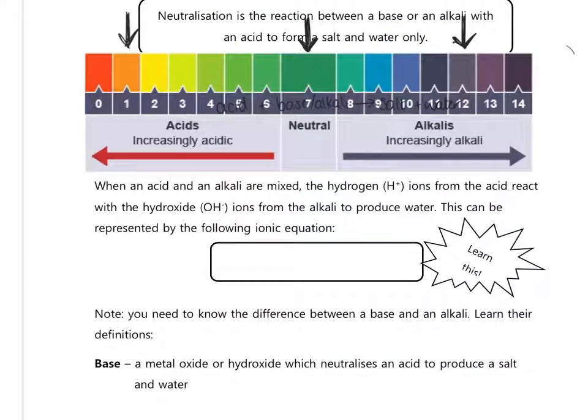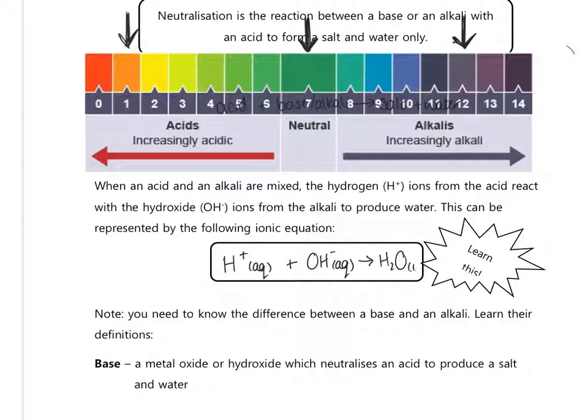And we can represent neutralization by an ionic equation that I've told you about before. This would be worth 3 marks in an exam if you were to be asked it, and so you should be very familiar with this equation. What essentially is happening is we said that all acids dissolve in water to produce hydrogen ions. And it's the hydrogen ions that react with the hydroxide ions from alkalis. All alkalis dissolve in water to give hydroxide ions. And having a look even at that formula, you've got 2 hydrogens and 1 oxygen. So what they actually form